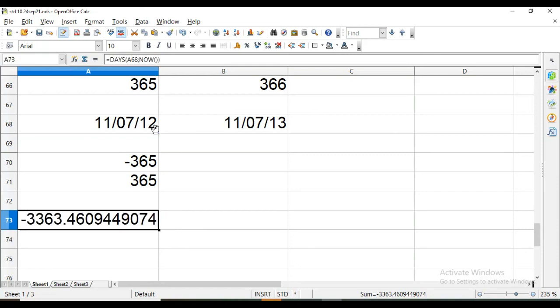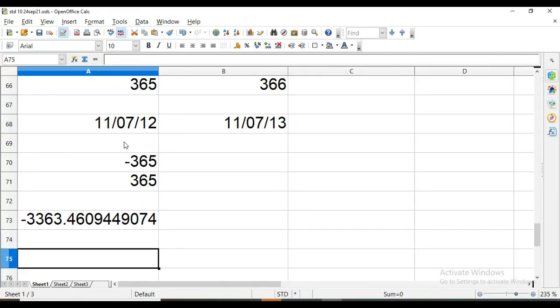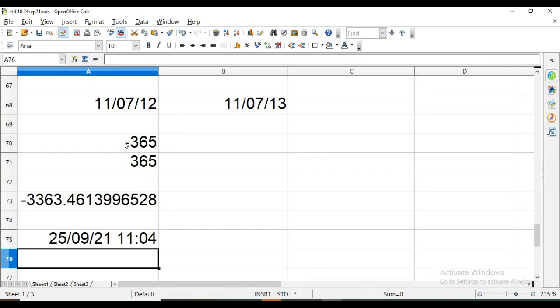These are the number of days that have passed, that is 3363, since this date is approximately 9 years back. So we are getting the number of days between today's date and this given date. This is the NOW function that will give you today's date and time. So when we use the NOW function in this DAYS, it is going to take this value to calculate this.